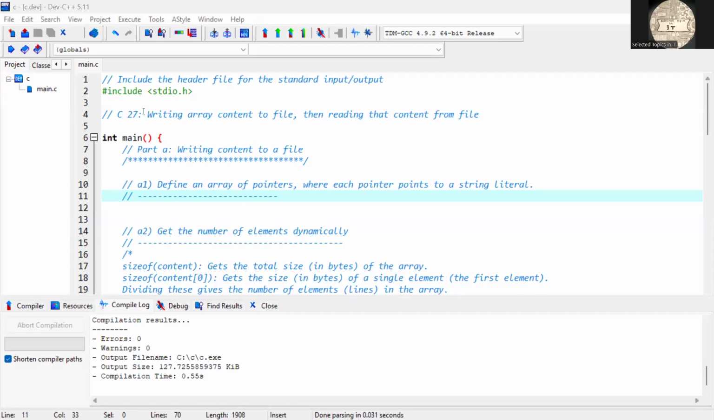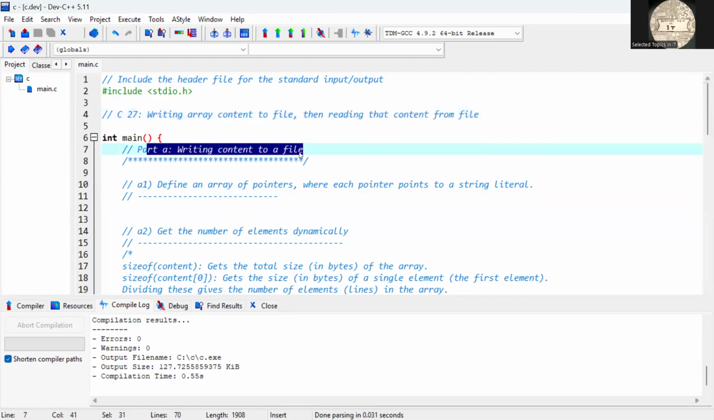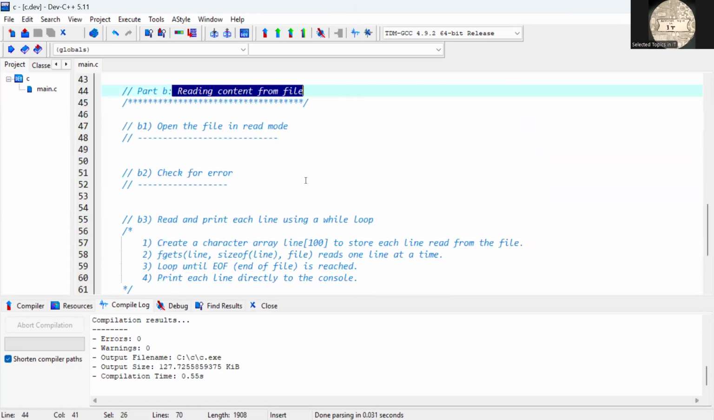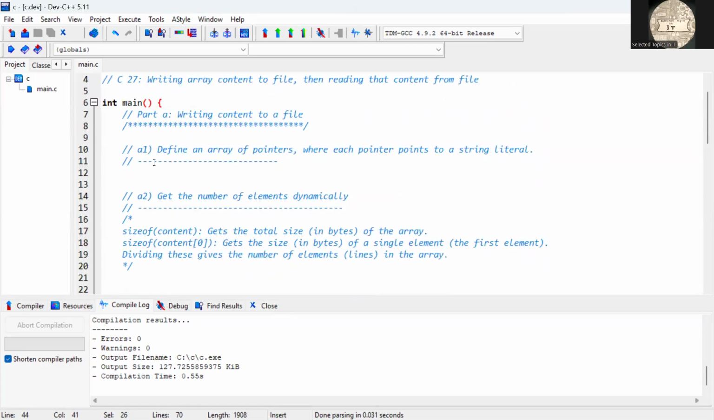In this video, we'll be writing array content to file and then reading that content back from file. So in the first part, we'll do writing content to file. And in the second part, we will be reading that content from file. So let's start with the first part where we define an array of pointers, where each pointer points to a